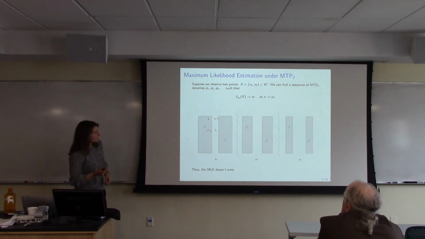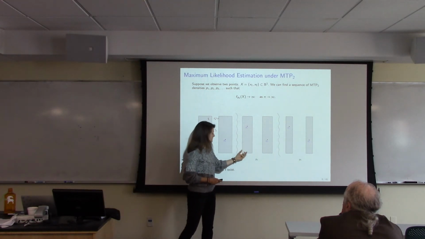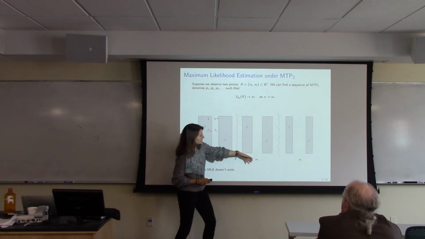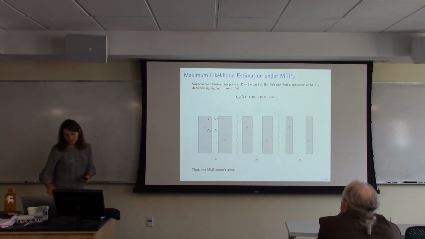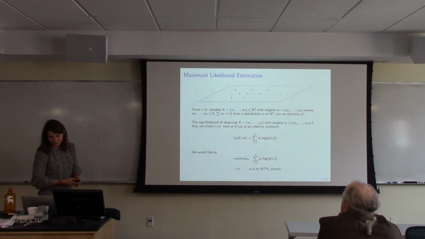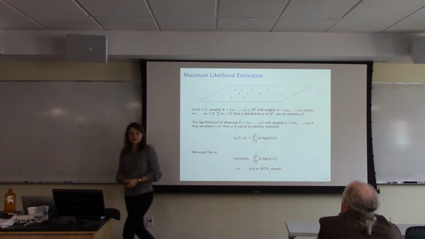with equalities everywhere. Now just take these rectangles and shrink them. If you shrink them, you have to increase the weight there to make it integrate to 1. And then you can keep shrinking them, and the weight will go to infinity. And recall that in the likelihood, you're actually summing over the values of p at these points, so the likelihood just goes to infinity.